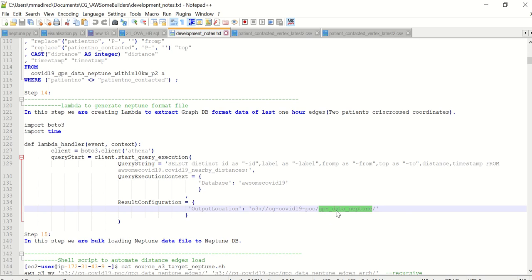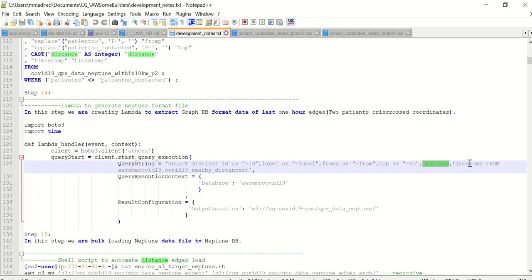And this is where the Neptune format of data such as ID, label, from, to, patient, and the distance and the timestamp we are going to insert. So these are the system fields, basically DB system fields: ID, label, from, to.